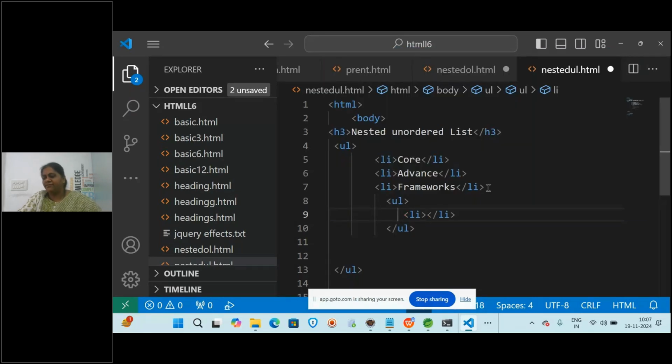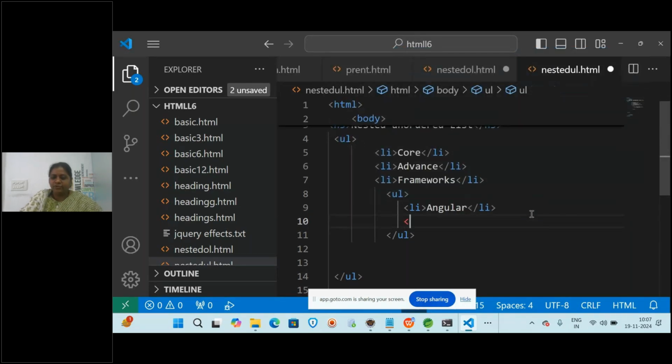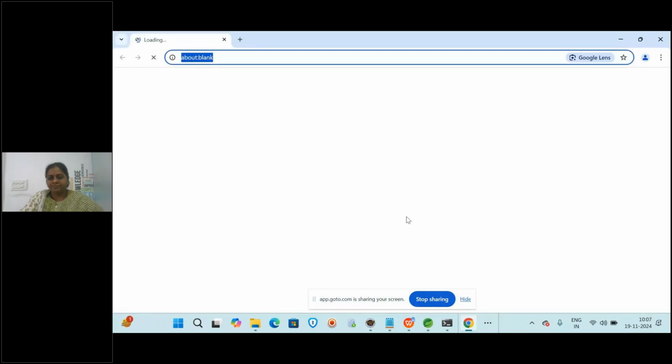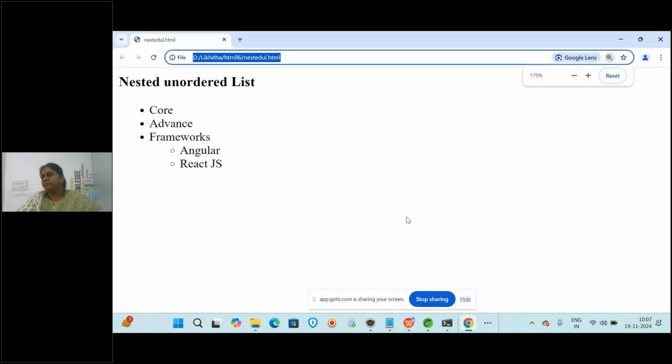So in the frameworks you will be learning about, let us say, Angular, and again I'm going to write in li React JS. Angular and React JS. So these are the unordered list items. Now I'm going to save this and then execute. We got it?